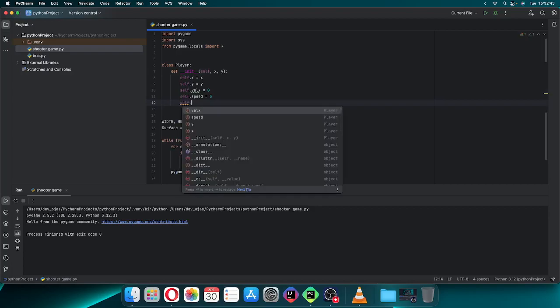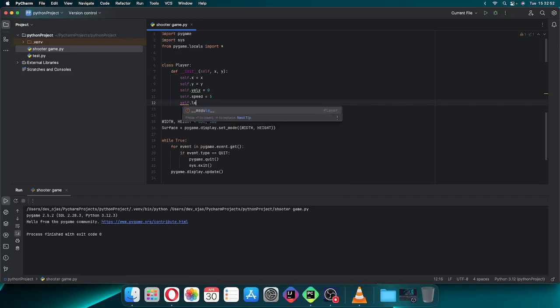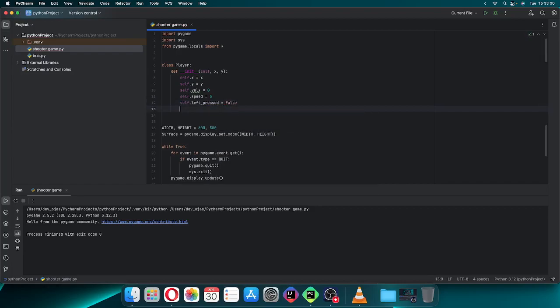Self dot, we are going to say, I know this technique for smooth movement. We are going to use this left_pressed is equal to False, and self.right_pressed. If you want to import images, maybe in the last videos, in the last part I will show